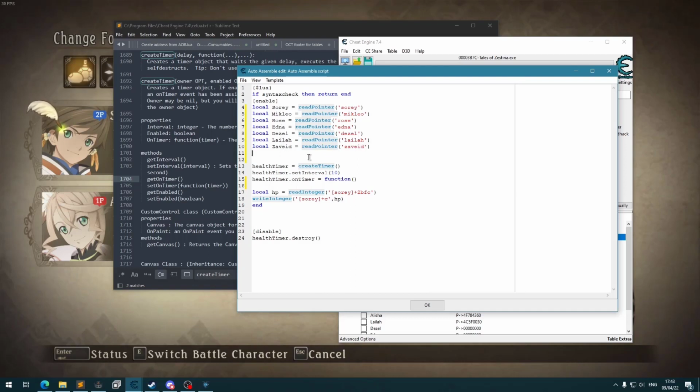Who are we missing? Alicia. Alright, so now that we've got all of those, the way that we create this, so we can put this and do everybody's health all at the same time,